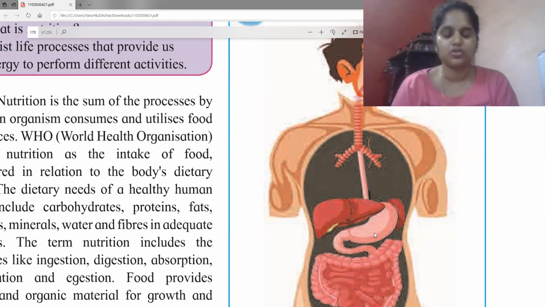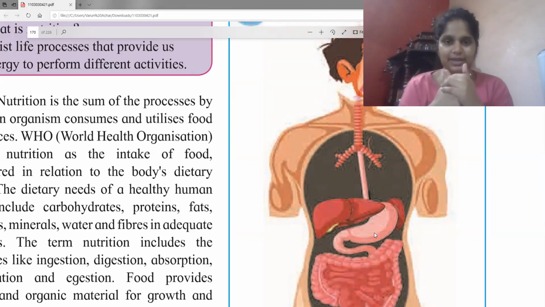So what exactly does the small intestine do? Its function is to absorb the nutrients from the food. Now, once the food passes into your stomach, it gets mixed up with the acid that is present in the stomach, and it gets converted into a semi-solid structure, which is called chyle, C-H-Y-L-E. We will pronounce it as chyle. So this chyle then goes into the small intestine, and from the chyle, all the nutrients will be absorbed.